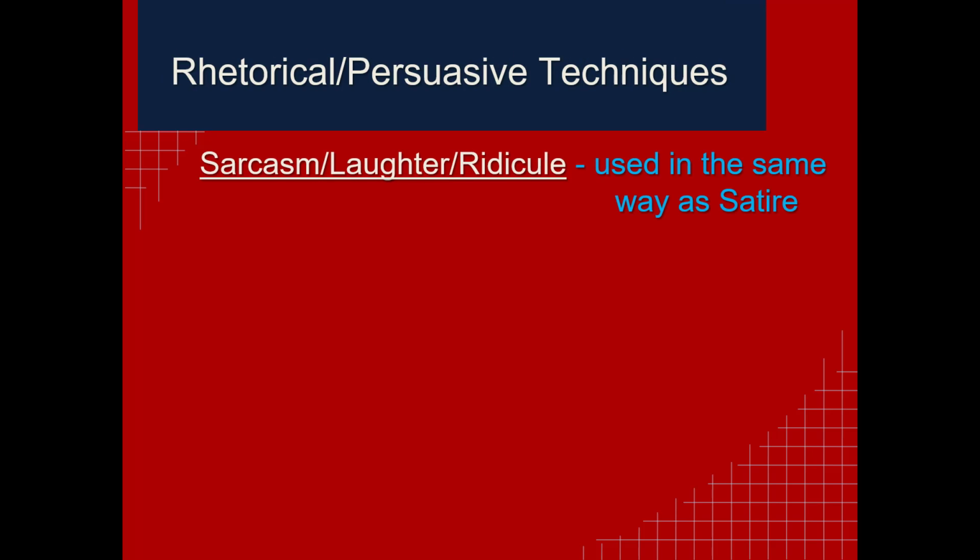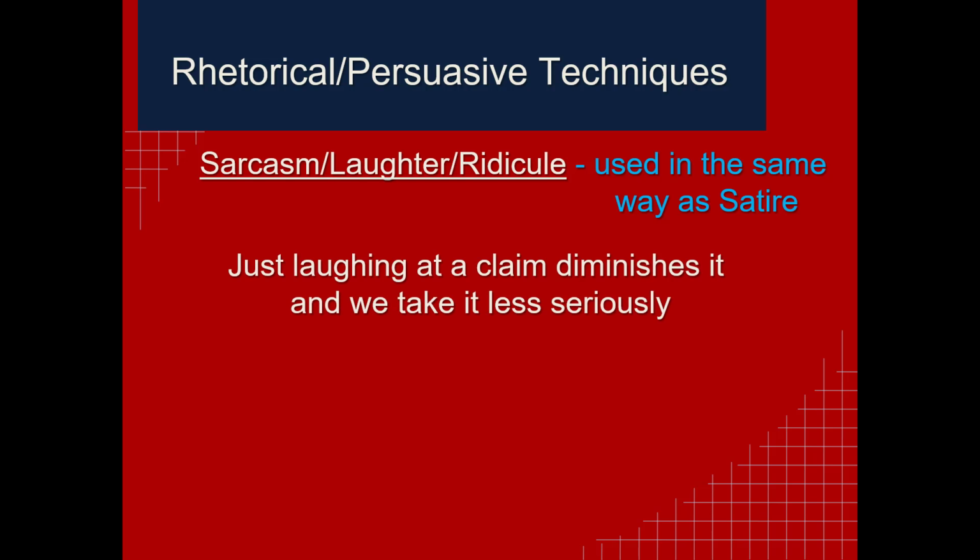Now, sarcasm, ridicule, and just plain laughing can be used the same way as satire to try and make us think less about a certain topic. But satire is usually making a point. It's almost making an argument. I mean, if you look at Colbert's quote, yeah, that was actually an argument. He's saying, don't be a hypocrite. Whereas you can just use laughter just to diminish what somebody's talking about, which gives comedians especially great power.